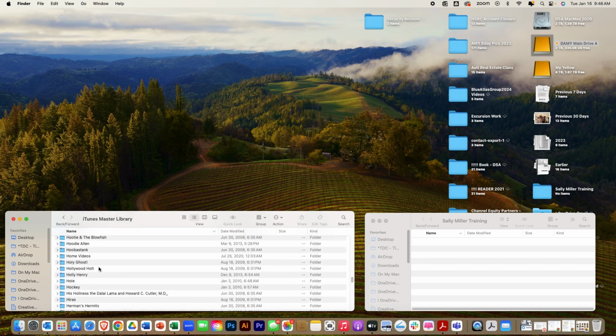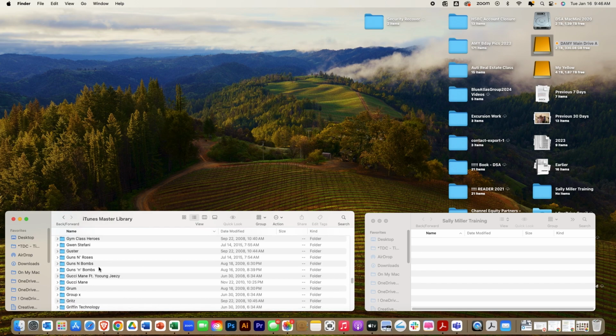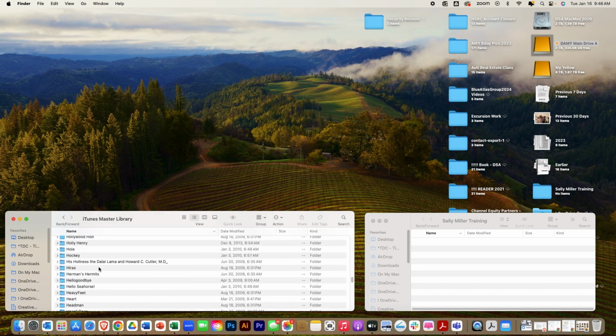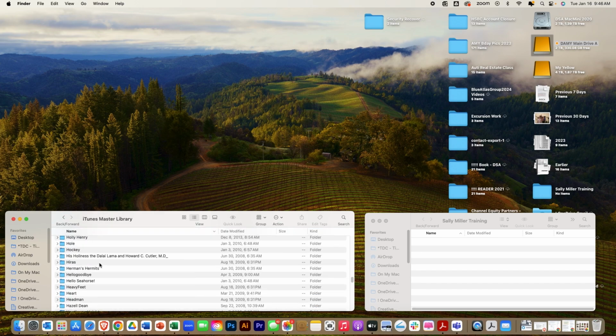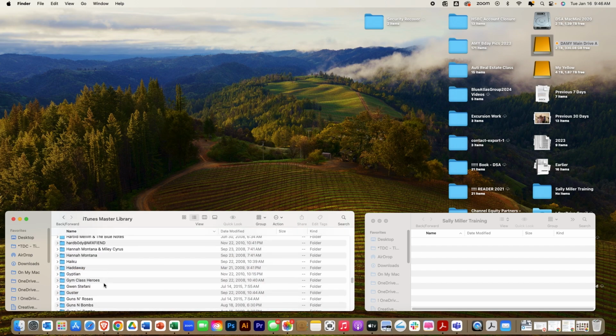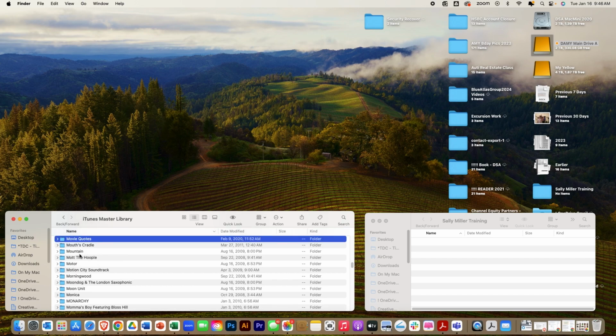And then you've got all these things. These are all different music, Guns N' Roses, artists and all that. But you want to alphabetize it, right? And you want to go down to home videos, right? And there's two things in here, by the way. If you have movies, there's a movie folder. Let me do that real quick. So you have movies